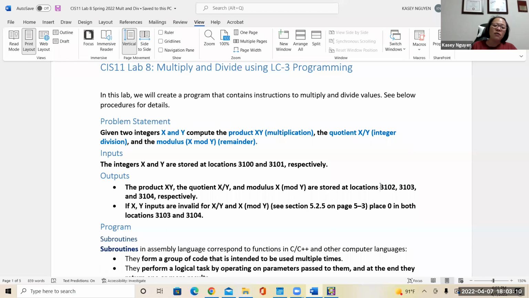Okay. Now, if the X, Y inputs are invalid for X divided by Y or X mod Y, we have to look at section 5.2.5. So this comes from their lab manual, lab 5, on that page. So I clipped those and I put it in your assignment for you. And so we are going to use the input to be able to validate. So for the X divided by Y and X mod Y, we are going to go to location 3103 and